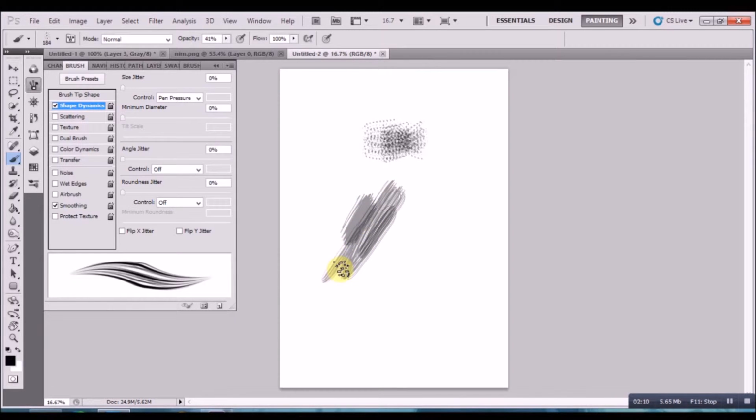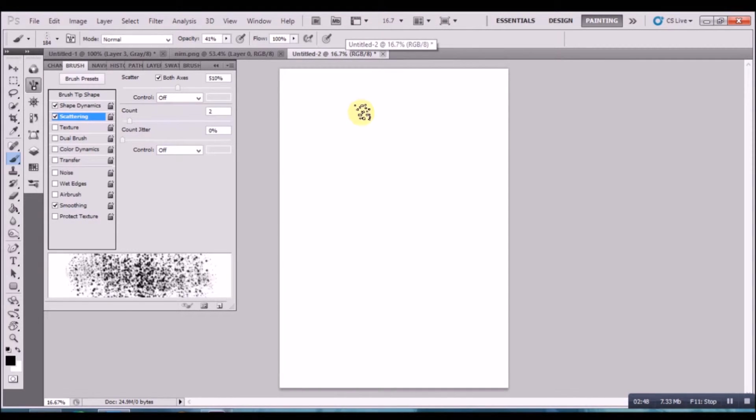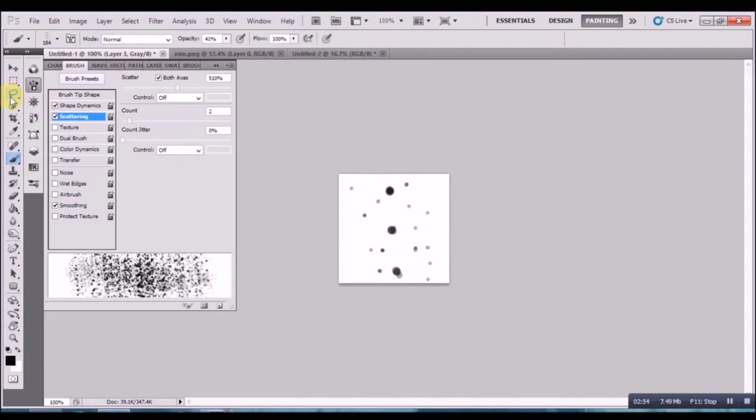Obviously, like I said, it is quite a versatile brush. It can be used for fabrics. You can have a mess around with the scattering, make a really dirty grating, metal, anything like that. Just have a good fiddle around with it, have a good play around. I could spend hours just messing around with the presets, messing around with custom brushes, and then just finding something you can't remember painting without. So that's the hairbrush. But you can scribble around, just make whatever marks you want to make, and it could end up awesome.